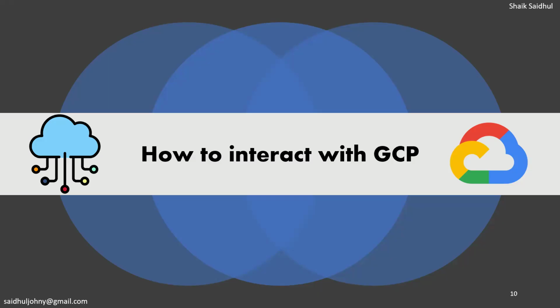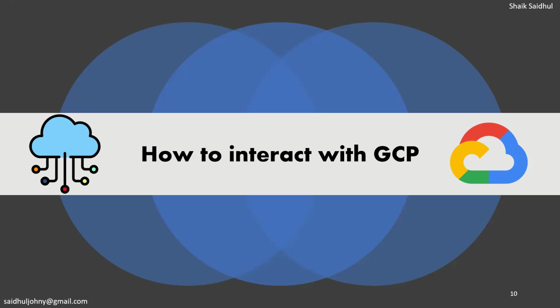Right, so that's where we have seen Google Cloud Platform, and GCP is one of the leading cloud providers which provides you the cloud computing services. Google Cloud Platform is offering plenty of services for organizations to build applications, store the data, process the data, analyze the data, visualize the data.